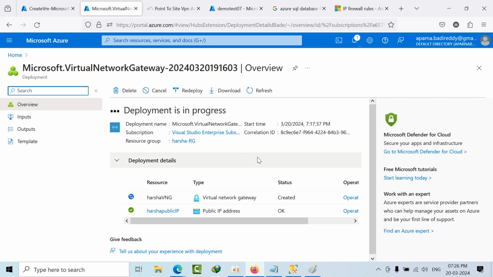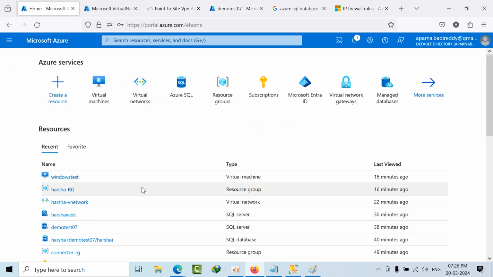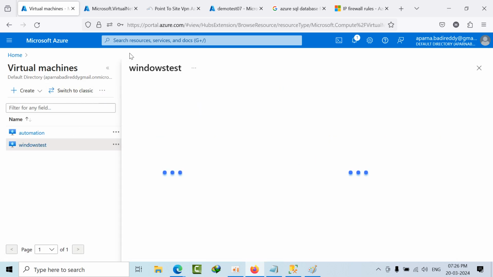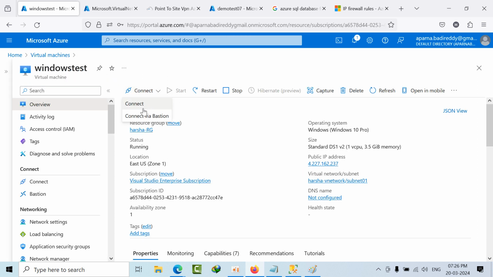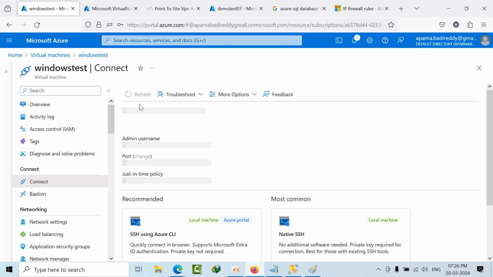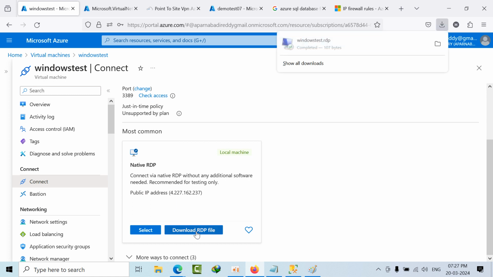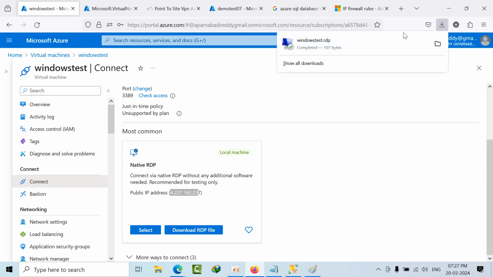Okay, it is done, and I will show you that VM. Right now the VM has been completed. So go to virtual machine, Windows test. Now just drop down and click connect. Now download RDP. What is the public IP of my VM? Is this one, 4.227. This one. Now if I click that,